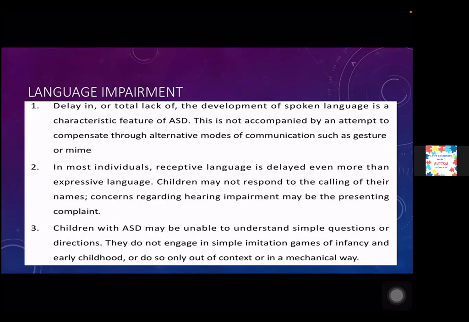So the children may not respond to the calling of their names. Concerns regarding hearing impairment may be the presenting complaint. However, it may be that the child is having signs of autism. Children with autism spectrum may be unable to understand simple questions or simple directions. There is very poor understanding in autism. They do not engage in simple imitation games of